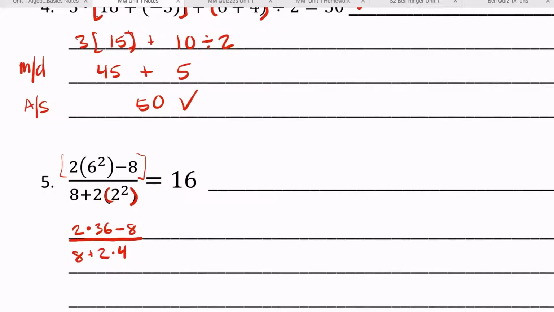Now for both top and bottom, we'd want to do our multiplication and division. For the top, we have multiplication, so that would give us 3 times 36, which is 72. We still have our minus 8. And then we have 8 plus 2 times 4, which is 8. And then top and bottom, we would make sure we do addition and subtraction. So 72 minus 8 gives us 64. And then on the bottom, we got 16. And then we need to make sure we